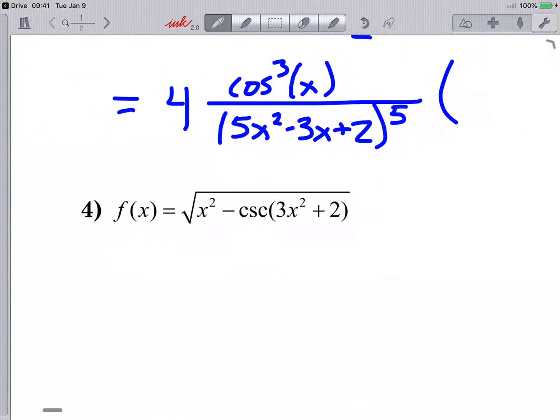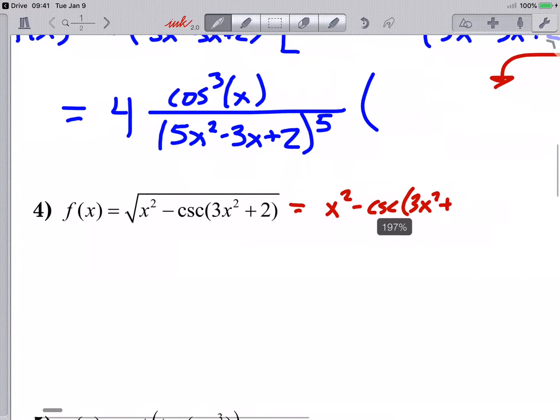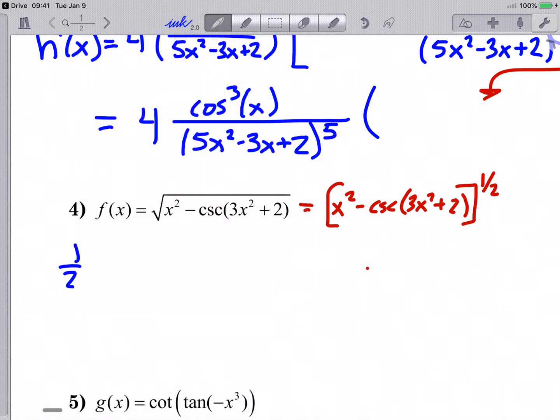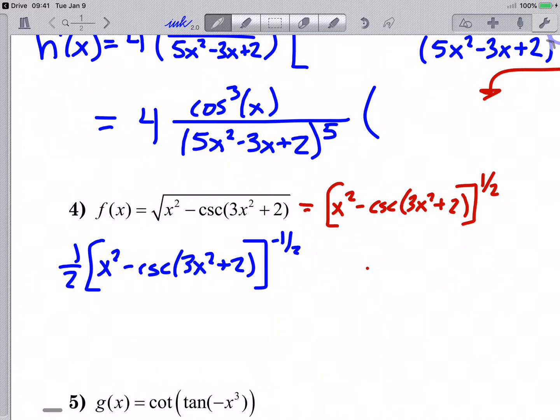Alright, so on to this one. I would rewrite this problem as x squared minus cosecant of 3x squared plus 2 all to the 1/2, and then I see that x is embedded in this function, so I've got to use chain rule. So I've got 1/2, leave the inside precisely the same, drop the power down 1, and then multiply by the derivative of the inside. Derivative of x squared is 2x. Derivative of cosecant is negative cosecant cotangent, so the negatives cancel out, so I get plus cosecant of,